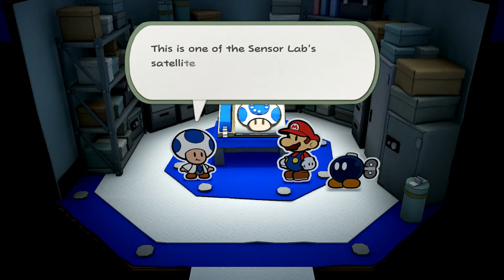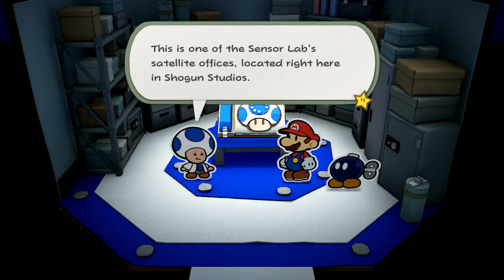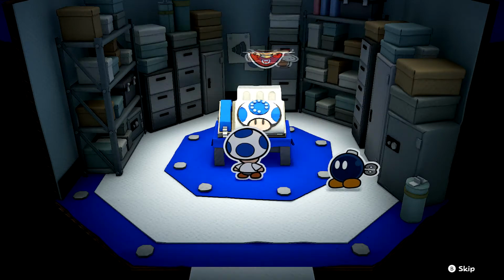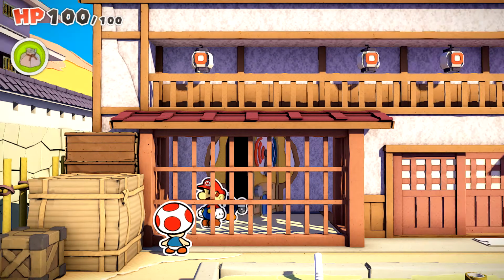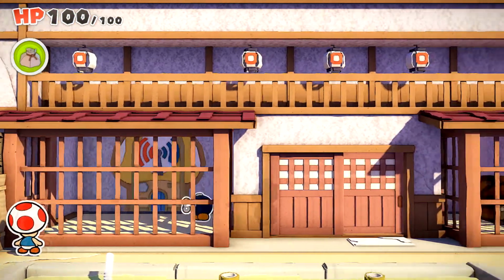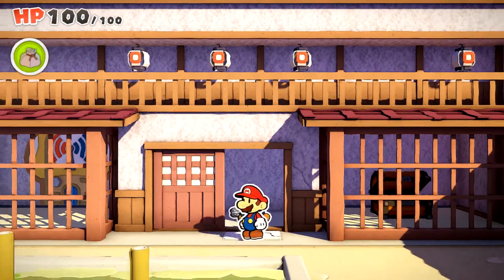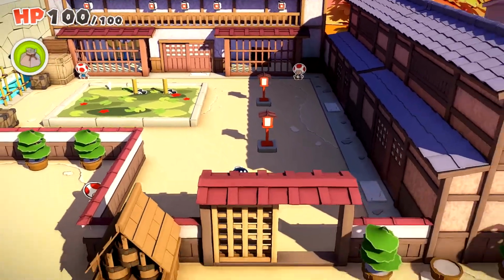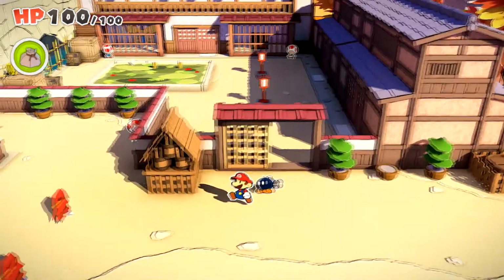Well, anyways, yeah, this is one of the sensor labs. You know, we can fast travel to one of them, or not, because yeah, we left. What happened? So yeah, I'm doing this in post commentary because, okay, as we head over to another area